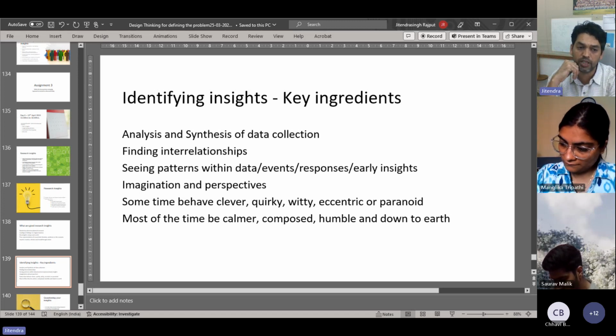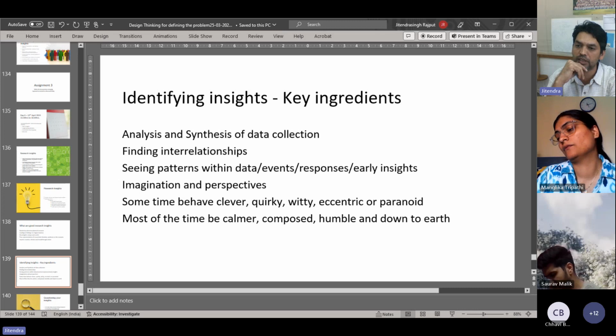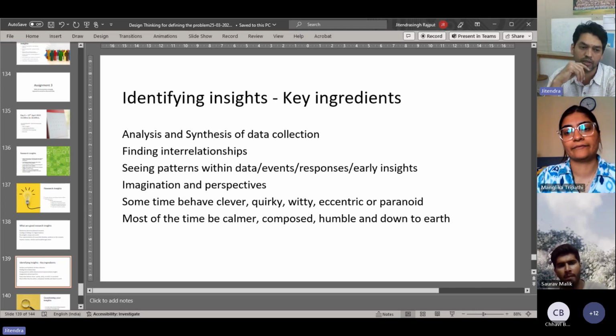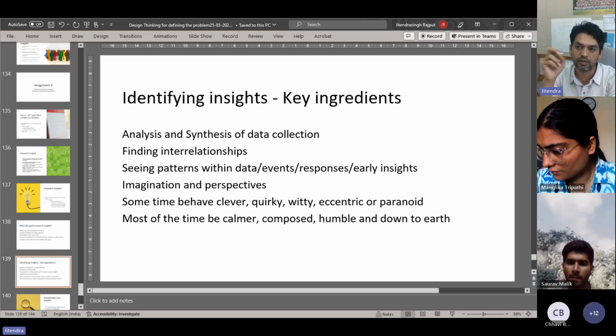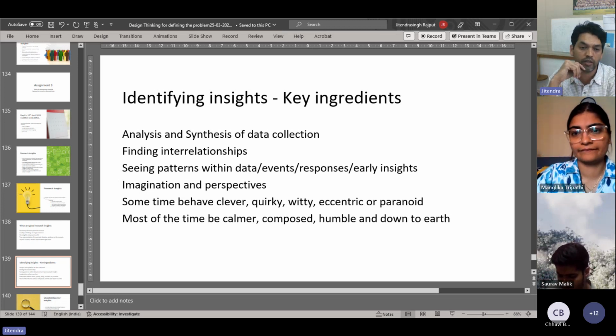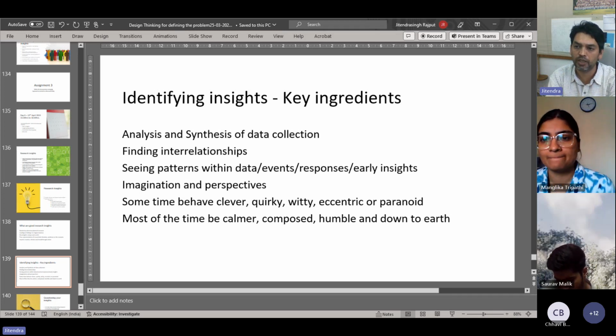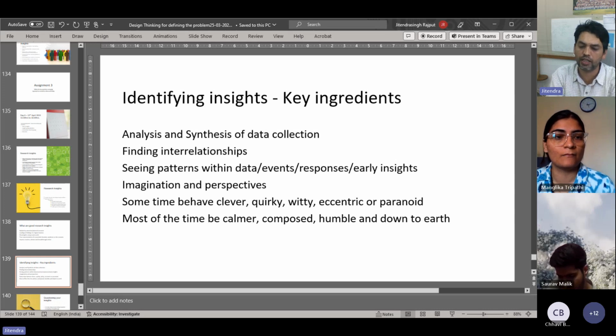It requires imagination and perspectives. When you are analyzing data, you have to be imaginative to understand how consumers will think, how you can present this idea, how you can identify something which is unique. So it requires creativity and imagination to understand what type of insights may emerge from a given situation. Sometimes you have to be very clever in picking those notes, ideas, or links. You can behave in all possible different manners. You cannot be just subtle, straightforward, very obedient, thinking, okay, I'll do this process and I'll get the insight.